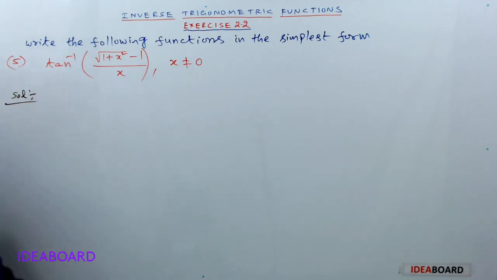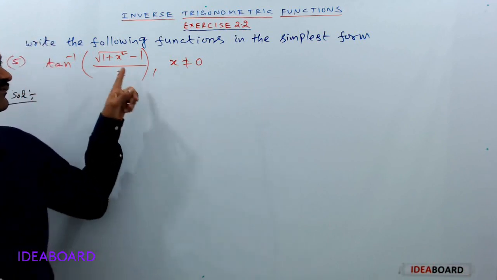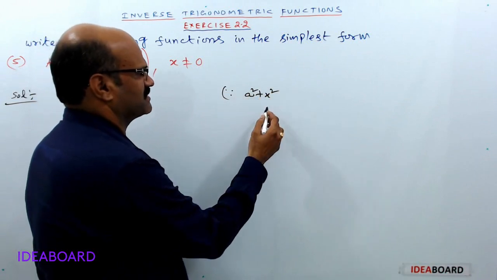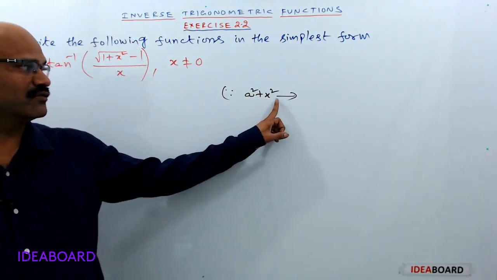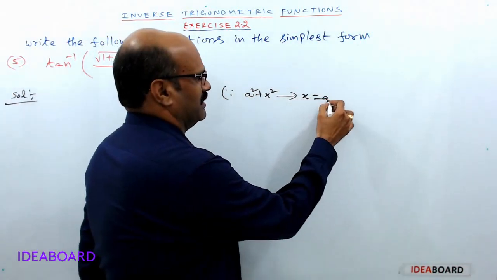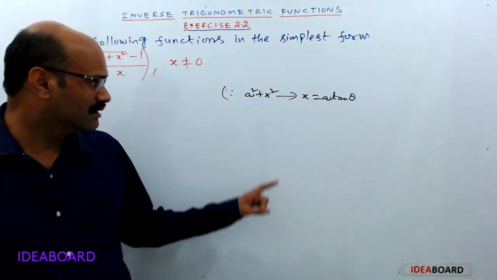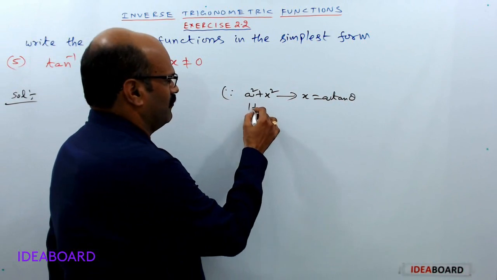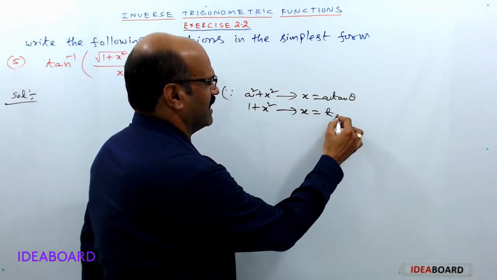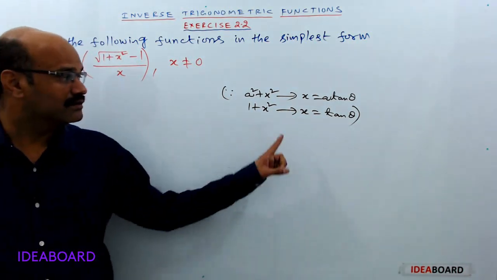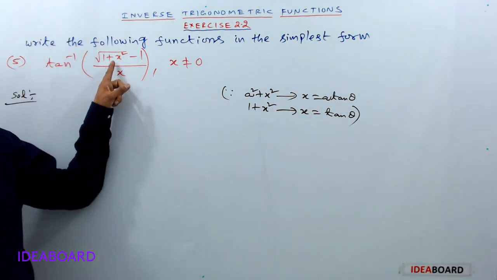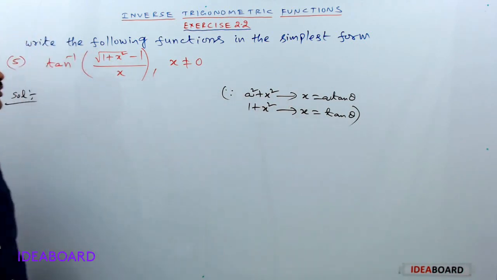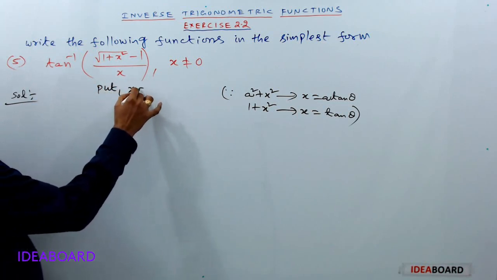Solution. Whenever we have the expression a square plus x square, in this case put x equal to a tan theta. Put a equal to 1, then 1 plus x square, x equal to tan theta. So here in this problem we have to take x equal to tan theta. Put x equal to tan theta,